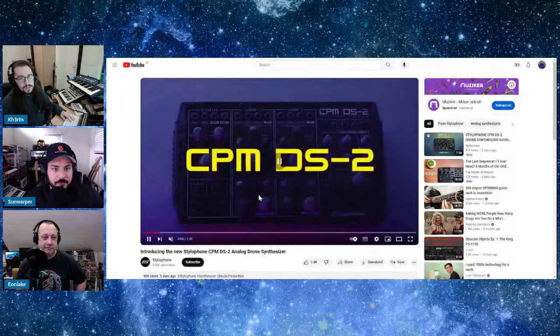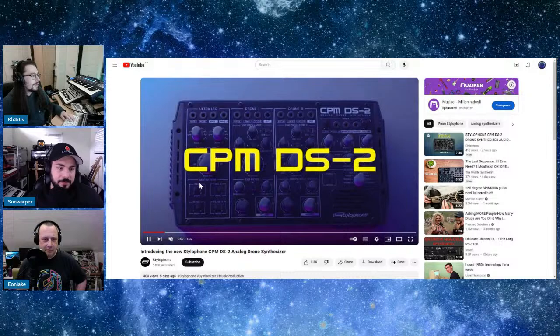This is really nice. We did the Liven last week, and that was a similar price, around about $240, $250, I believe. For a similar price, you can get yourself this, which if you share the screen, the CPM DS2. This is an analog drone synthesizer